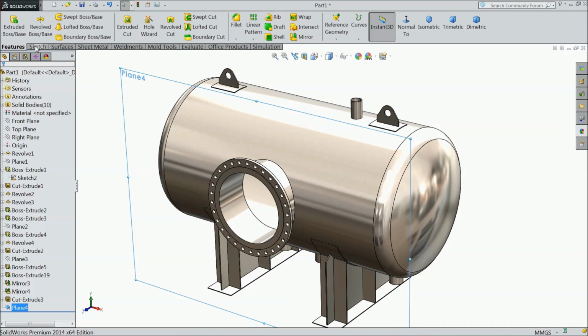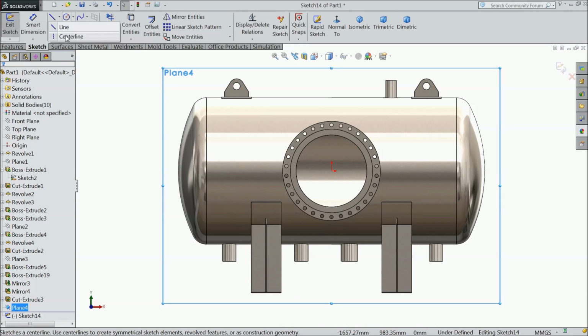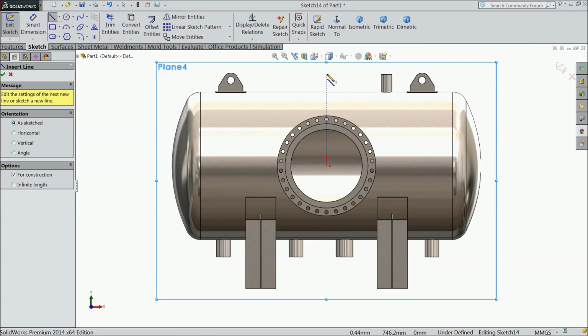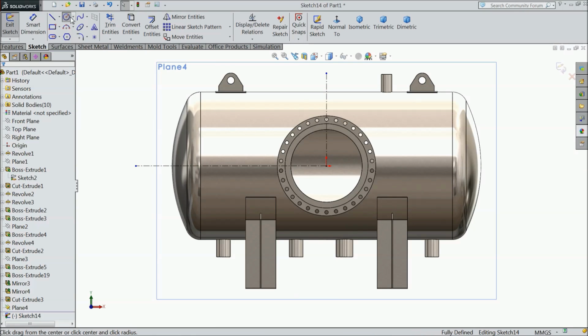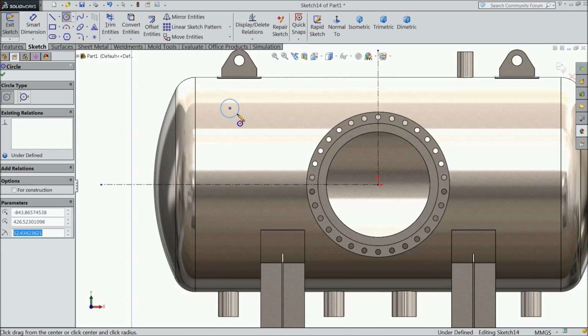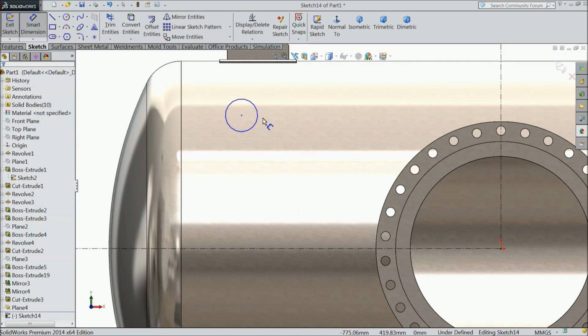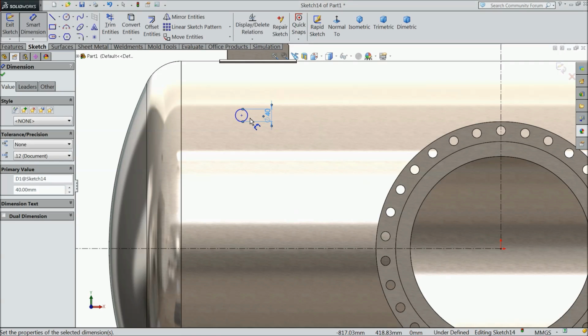Okay, select this plane, sketch normal, draw a vertical and horizontal line, select line, draw a line here, select 40 mm,